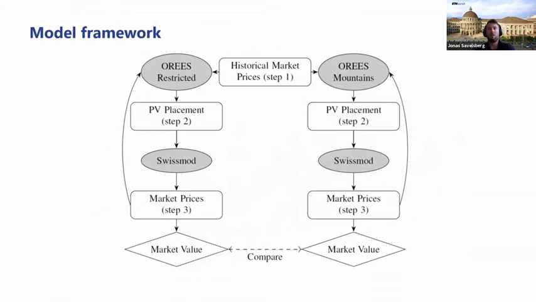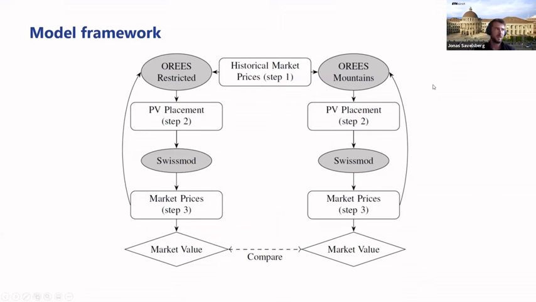So the model framework that we're using, and since we're two different research groups, we had to combine two different models basically in an iterative process that is solved until we get a convergence between the two models. And the one model that we're using is the ORIS model, so more from the technical perspective, either looking at restricted, so no mountain areas are allowed, or at the full placement scenario where we also allow PV placement in